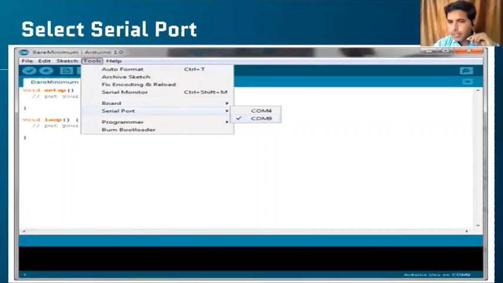It shows directly whether it is available at COM 5, COM 9, COM 6, whatever is there. In some software it automatically tick marks and detects which COM port it is available on. If it is not detecting, you have to select manually the COM port where it is available. This is about selecting a serial port. If your serial port is not selected properly, you will get an error, and whatever program you are writing won't transfer to your board. These are the basic things you have to do.